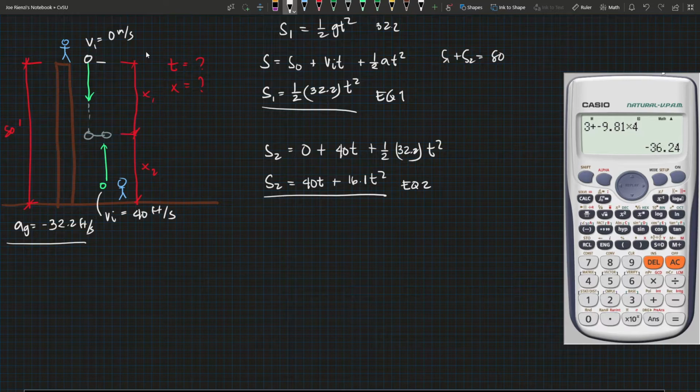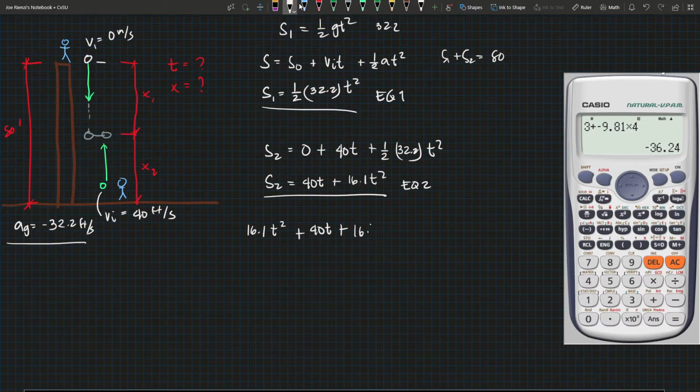Equation 1 is 1 half, 32.2 t squared. Pag multiply natin dyan, makuha natin is 16.1 t squared, plus yung S2 natin, which is yung 40 t plus